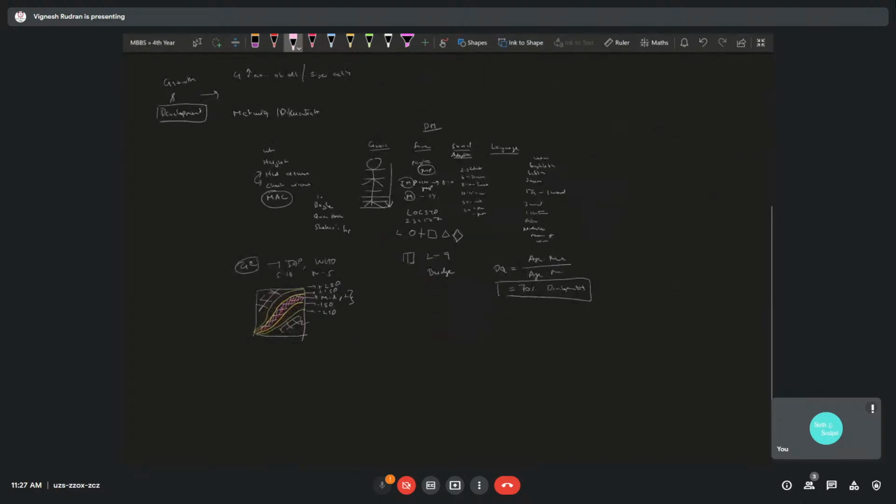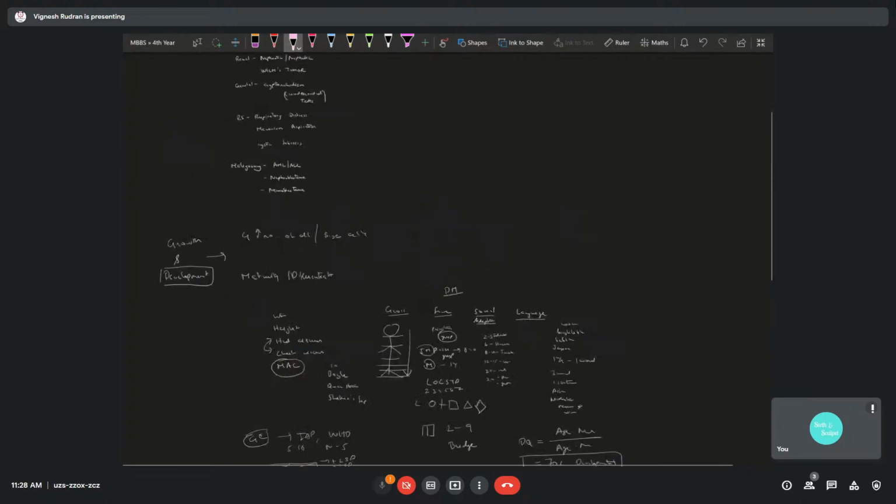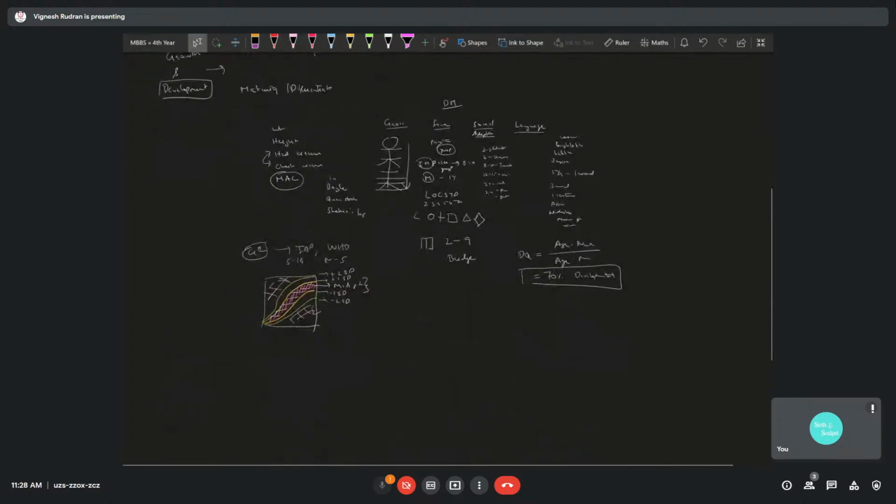Okay, so when they ask anything about growth or development, you can mention all of these points. These are basic for your practicals and your theory. Other than this, you can mention the laws of growth. That is, growth happens in a sequence of events that never changes; only the time duration in between events may change. Then the cephalocaudal direction, and various somatic growth is different, lymphoid growth is different, gonadal growth is different, and brain growth is different. All of those are extra points which you can add when it comes to growth and development.